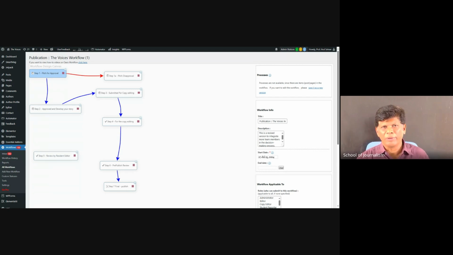On average, weekly one or two stories go to publication. That's it. On average, 10 to 15 story ideas come, and a couple of them get converted to drafts, and among the drafts few get edited. After editing, if everything goes well, then it goes to publication. In the 5 years' time, we have published only 310 stories so far, right?